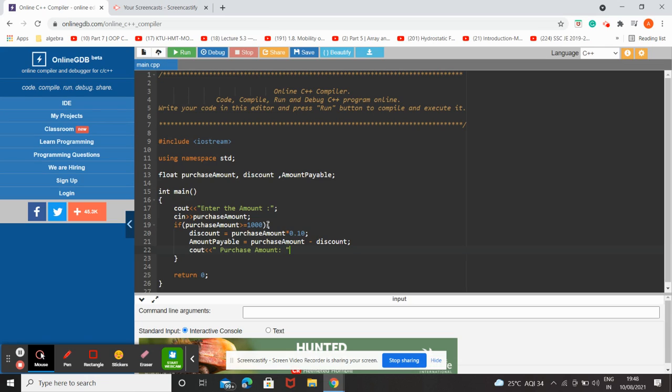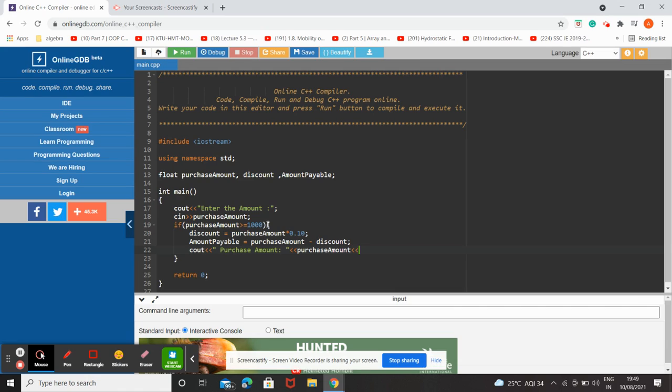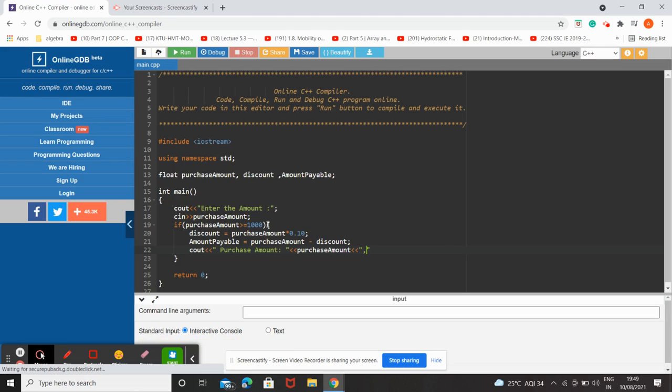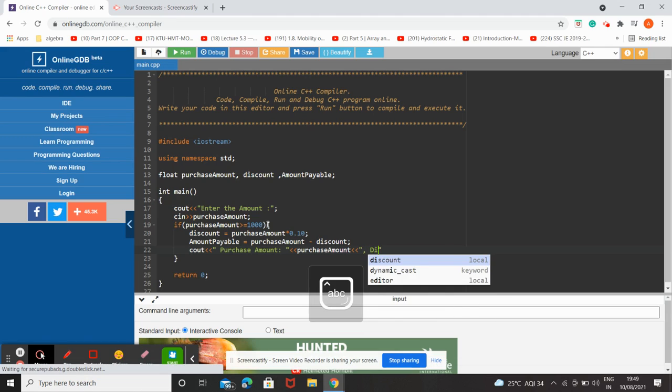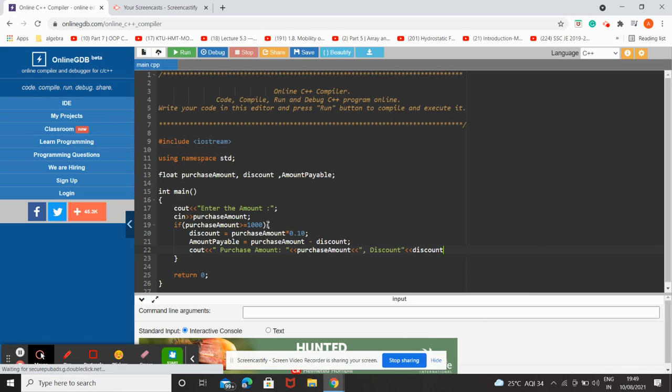A space, then purchase amount, then again a comma and a space, discount, then let's give a colon here so it will look nicer.